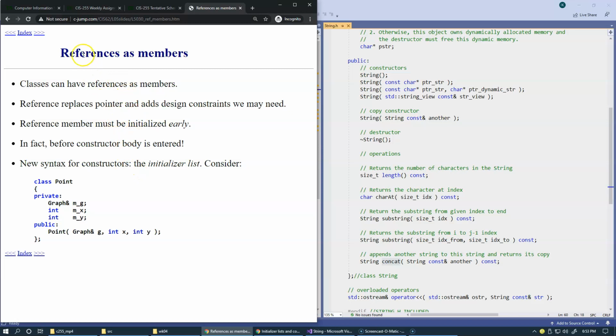So sometimes references to other objects or variables can be added to the data member list of the class. So here we have a point. Apparently this point has to do something with a graph class, which perhaps represents a portion of visible screen. And so apparently we want to make this point visible in this graph. And in this current design, we add a reference to the graph to the list of